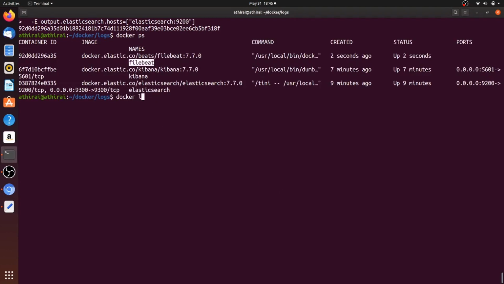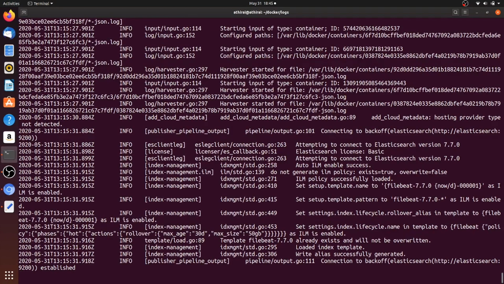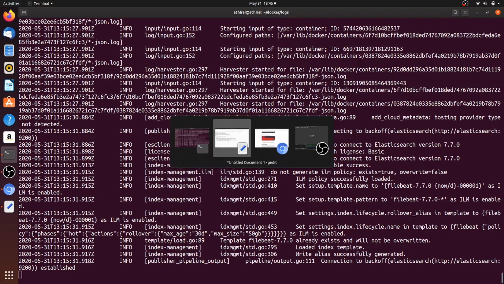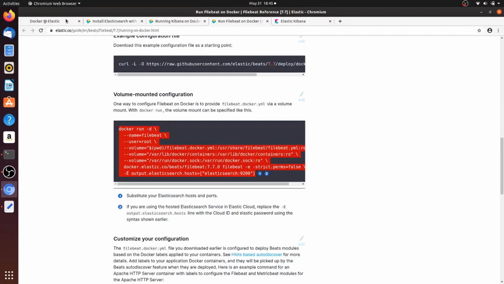I will show you the log so you will understand what is going on in the background. Here you can see it has started now. It has connected to Elasticsearch and everything is fine. Let me show you the dashboard.